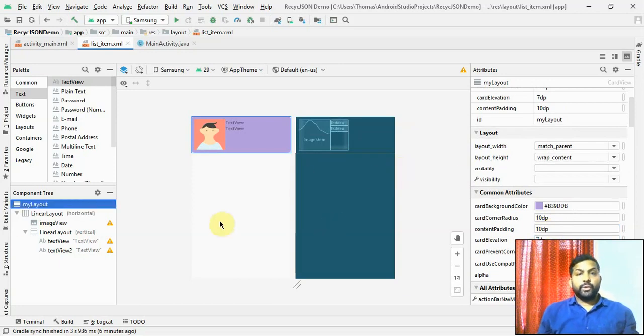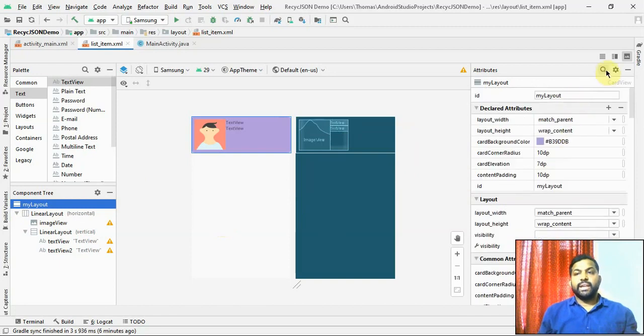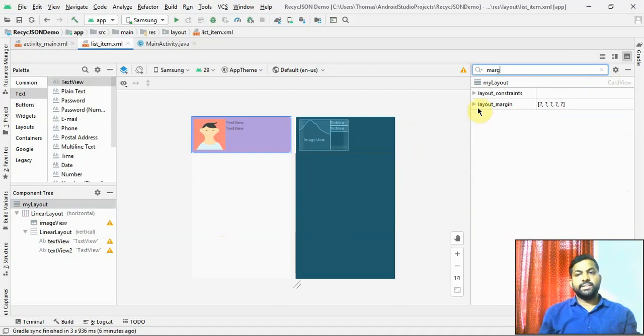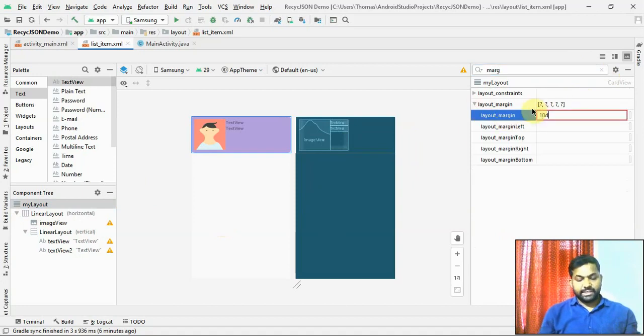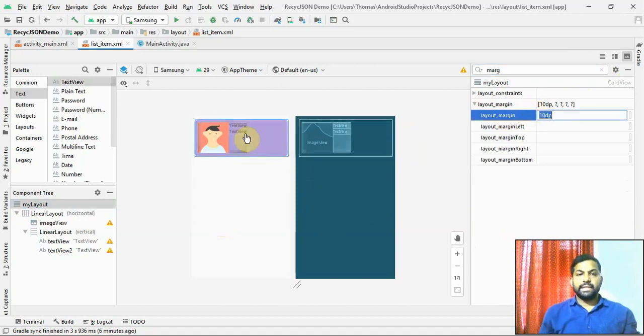The last thing we are going to do with the card view is the margin between the controls inside this. If I have many card views, each card view should be a little bit away from each other. Otherwise it will all come together and it will look awkward. So let me search for a property called margin, and let me give a small margin between them. It will not be visible immediately here. But if you see one more card view, if it comes below it, there'll be a small gap between these two cards. That's the idea. So the card